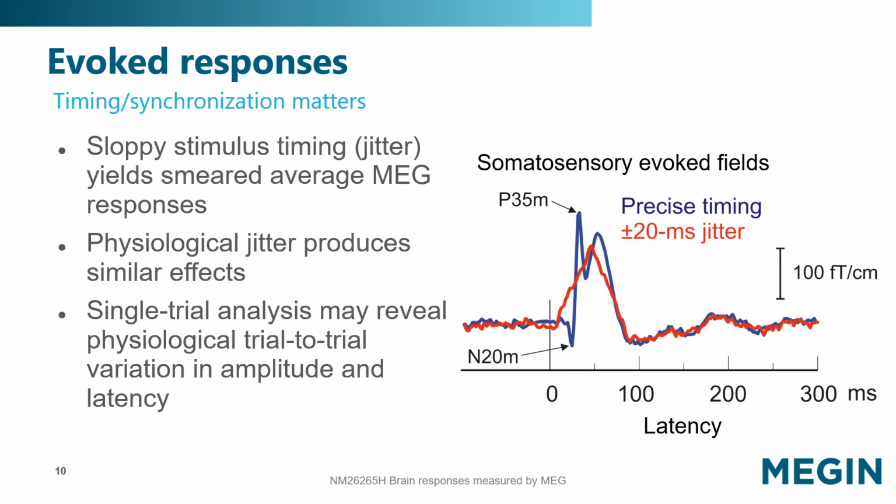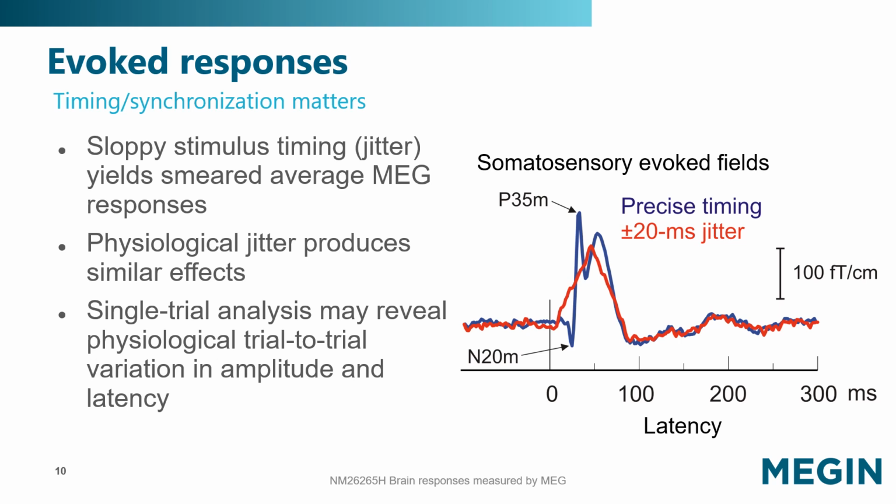When averaging many trials, the exact timing of the stimulus presentation is very important. During the stimulus production, there can be a variety of delays. This means that the stimulus and the corresponding event trigger may not be perfectly synchronized. We refer to this as stimulus trigger jitter and it can cause smeared evoked responses.